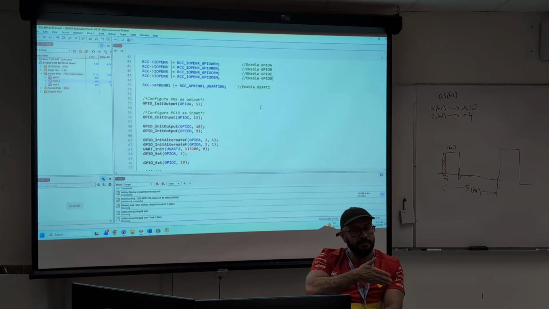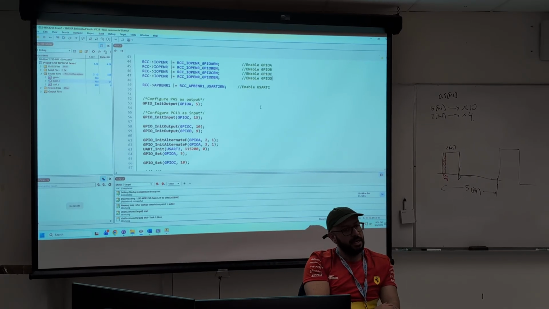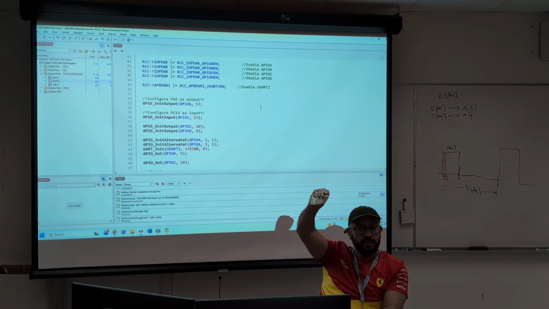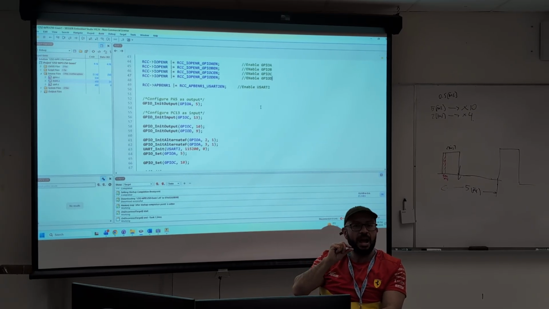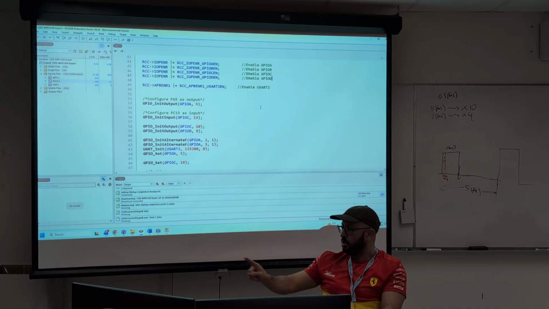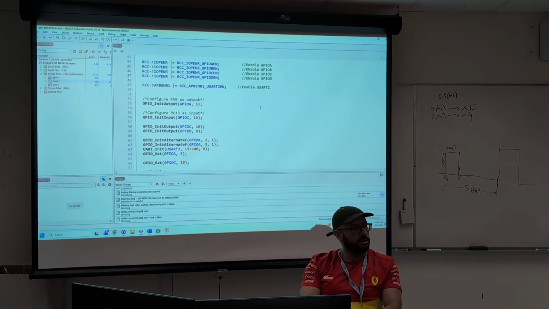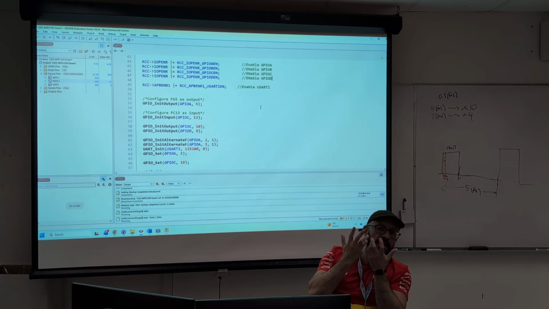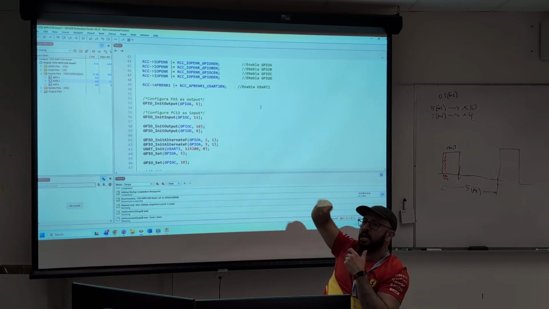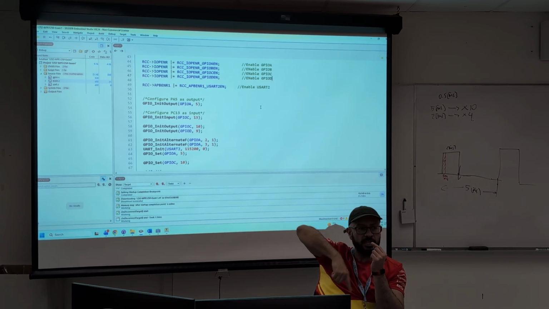And once we have that 1 millisecond tick, there are certain things that need to run really fast. There are some others that don't need to run really fast. So all those little tasks that you have in the infinite loop will have sort of a counter. They will say, is it time for me to run? You're going to run every 100 ticks. You're going to run every 50 ticks. You're going to go faster, you're going to run every 10 ticks. Each individual task counts those ticks. Is it 10 yet? Oh, is it time for me to run? Okay, I'll run. That way you keep a loop that is smooth enough and it's always checking if it's time to run. If it's not, you don't do anything.